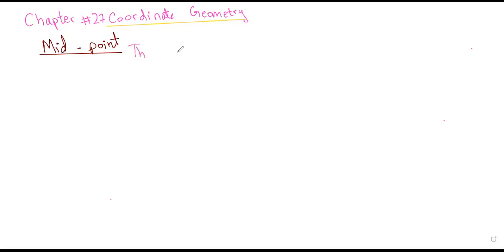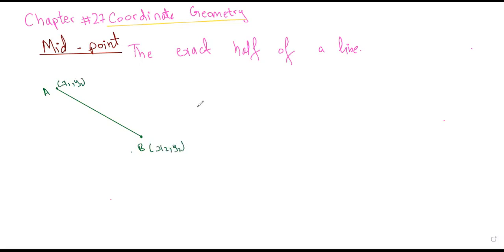When we say midpoint, it is the exact half of a line. Now, how do we calculate midpoint? That is the thing, okay? Let's say I have a line of this type and it has 2 points. The first point is A, and point A has coordinates x1, y1. Point B has coordinates x2 and y2. In order to calculate the midpoint, we do it this way. So midpoint